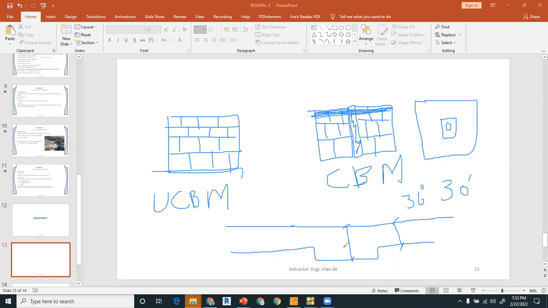आप सारे कॉलम्स का लोड जमा भी कर सकते हैं और विथ 1 क्लिक फाइंड भी कर सकते हैं। लेकिन अगर आपके पास 300-400 कॉलम्स हों, तो सारे रिएक्शन्स को ऐड करना बहुत लेबोरियस जॉब है। इसके लिए आपके पास एक ऑप्शन है, वो मैं आपको बताऊंगा। वो आपको डायरेक्ट सर्विस लोड बताएगा, तो आप उस सर्विस लोड को एरिया पे डिवाइड करेंगे, आपको पता चलेगा कि प्रेशर कितना आ रहा है।